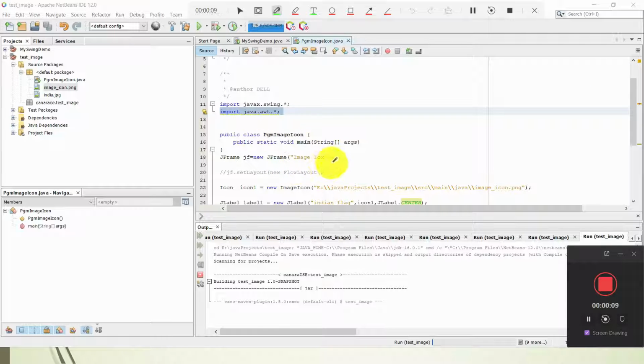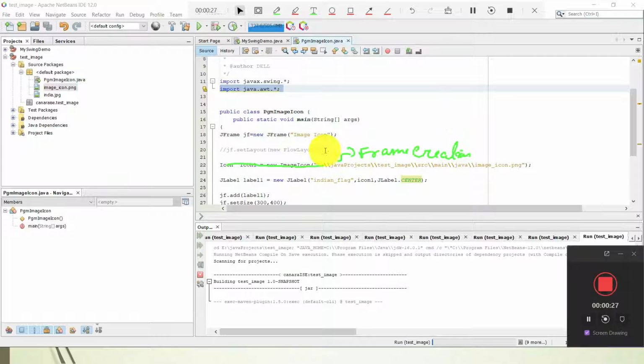Now what is our frame name? So here, this is where our frame creation happens. Okay, this is our frame creation. And next is the image. Okay, so we have to bring the image. Now you see, if an image has to display, then that is an Indian flag which I have taken here. Then that image has to be imported.